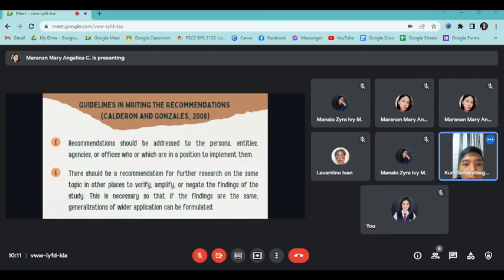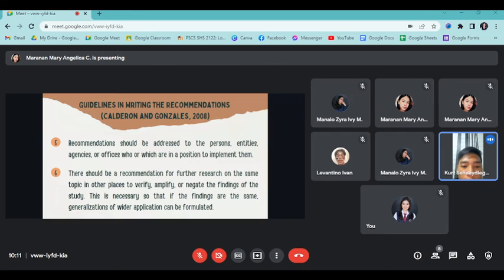Number 5, recommendation should be addressed to the person, entities, agencies, or offices who or which are in position to implement them. Professional recommendations are used by applicants who have previous experience in a field related to the opportunity they are applying to. Professional recommendations provide evidence to hiring managers regarding an applicant's knowledge, work ethic, and performance in a